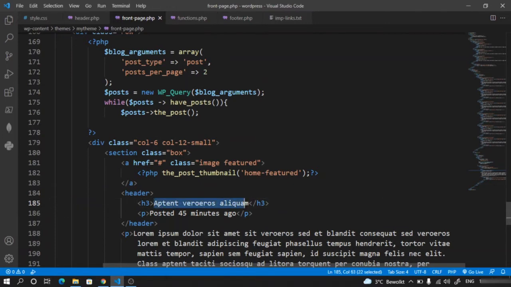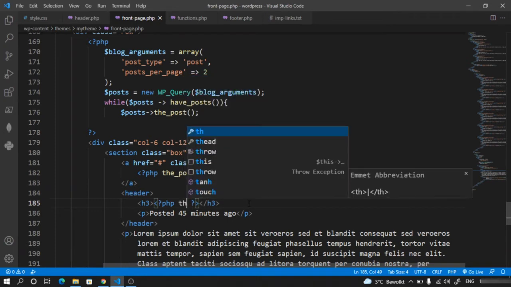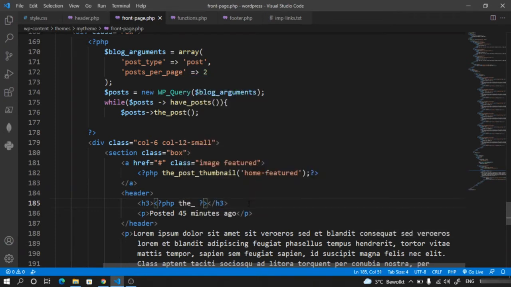So this is going to get away, and we are going to put PHP, and the function will be the title, and it's going to grab us the title. Similarly, we will have, say, this one posted